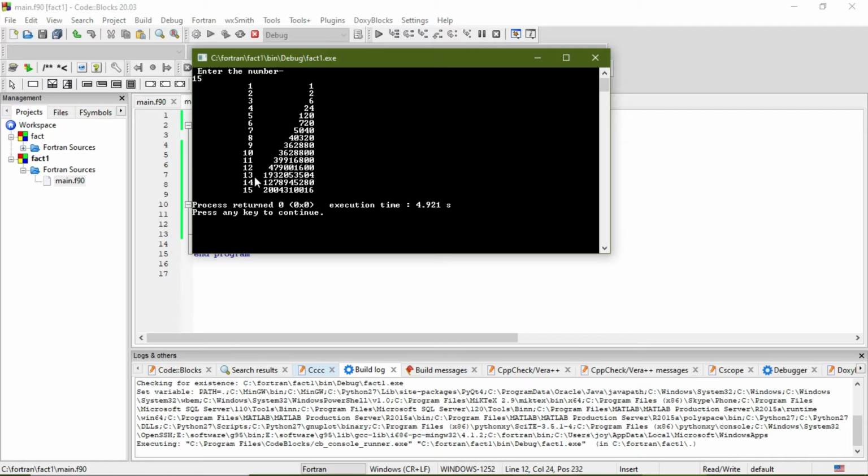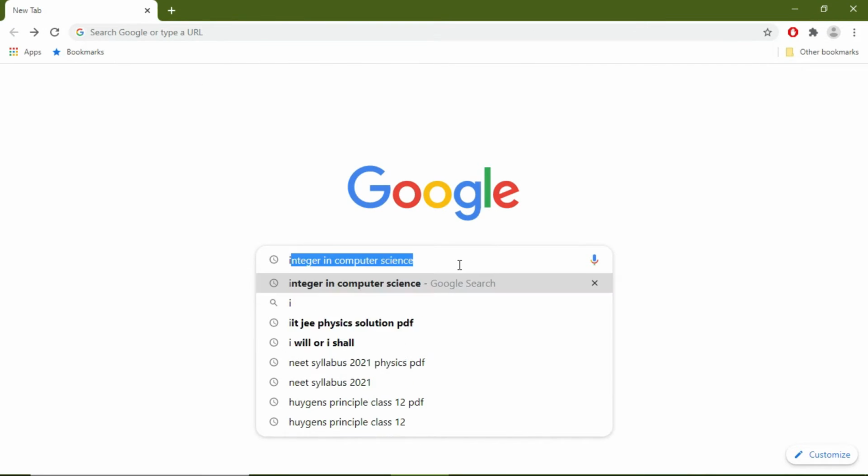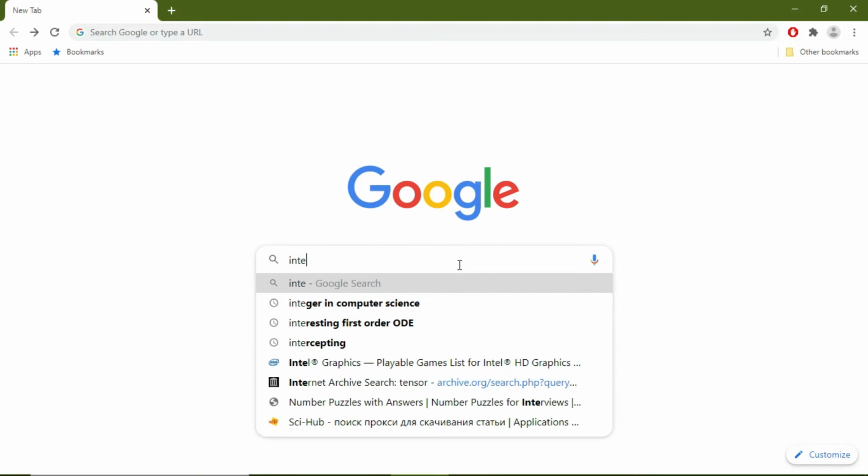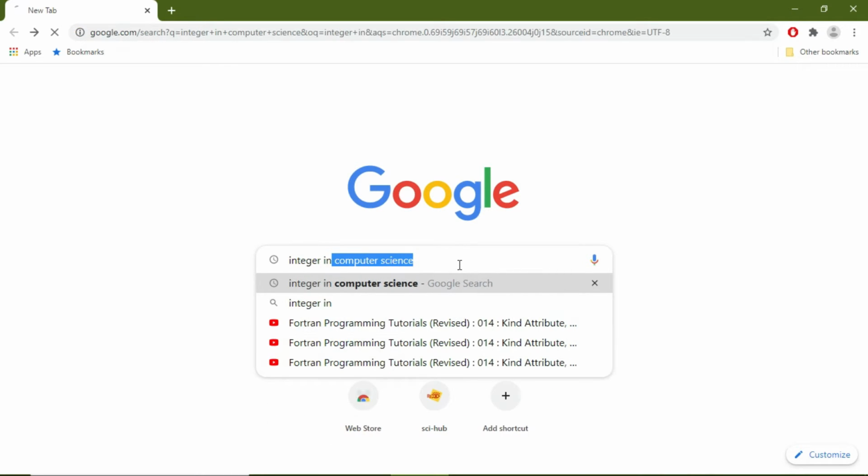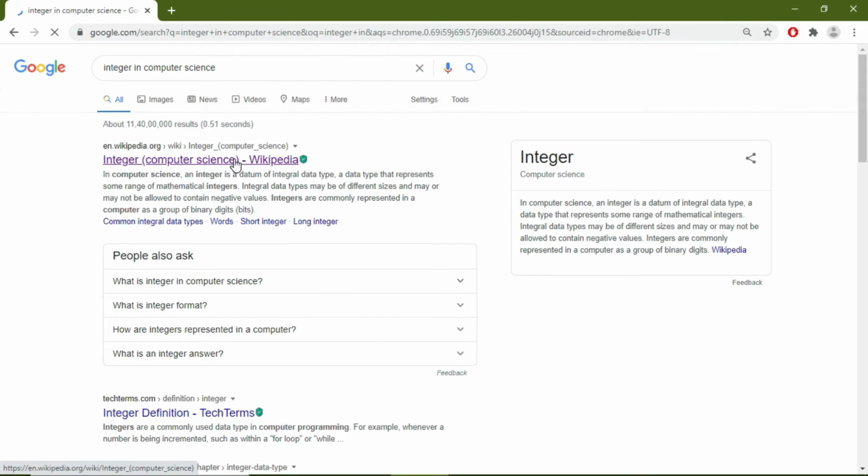Now there is an upper limit in each case if you are using 4 bytes. Let me show you the Wikipedia page. In Google just write integer in computer science, and go to the Wikipedia page.